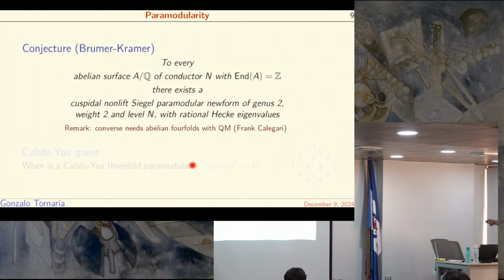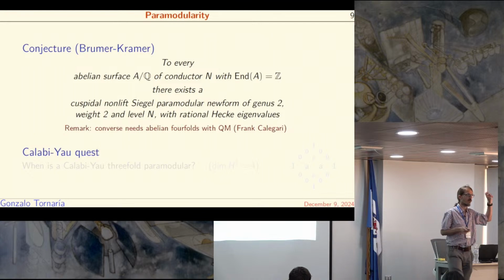But elliptic curves don't have endomorphisms defined over totally real fields. So it really only matters for abelian fourfolds, but if you want to do modularity for elliptic curves over imaginary quadratic fields, for instance, a correspondence to Bianchi modular forms, you have to take care about that as well. And I mentioned Calabi-Yau threefolds,